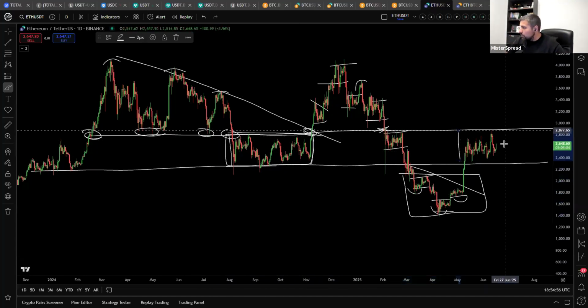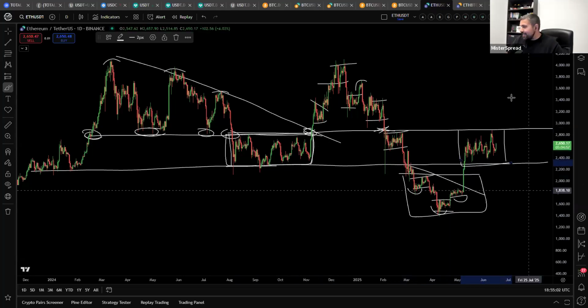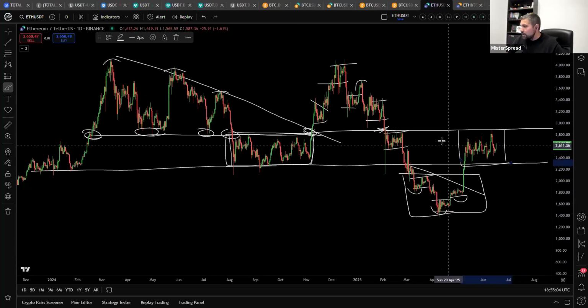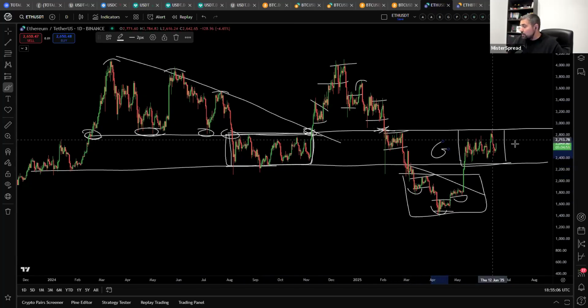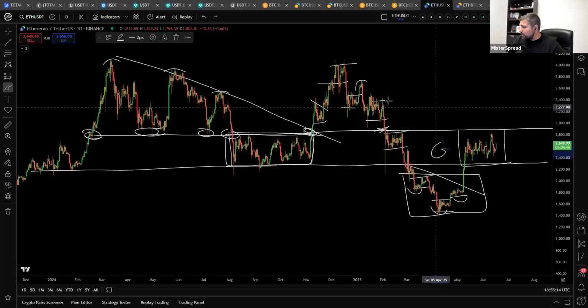So we are, in my opinion, this looks like reaccumulation. But like I said, I don't want to be biased. That's why when I'm gonna remove all of these new drawings, you're gonna see that this range is with gray, because I don't want to be biased, right? But I think once we're gonna clear this area, which is around 3,000, it's gonna be a very fast trip